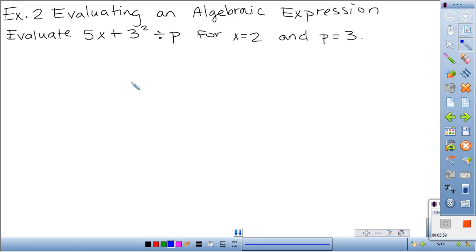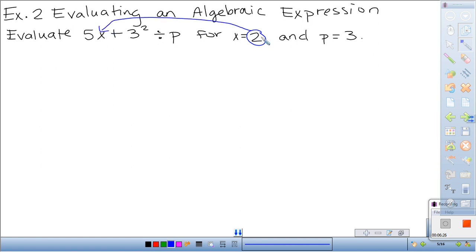Moving on to example 2, evaluating an algebraic expression. They want us to evaluate 5x plus 3 squared divided by p for x equals 2 and p equals 3. When they ask us to evaluate, they're really just asking us to solve. But when we're solving one of these kinds of problems, we're also going to have to substitute. And substitute just means everywhere you see a letter, put in that number that they've told you to use for